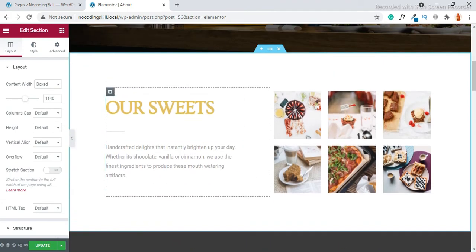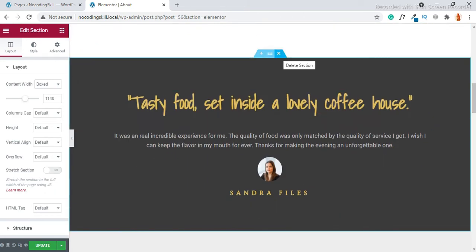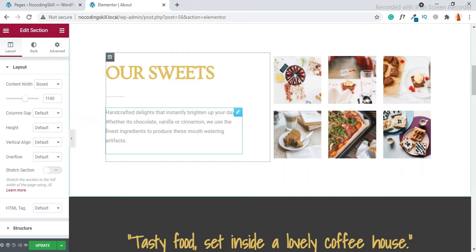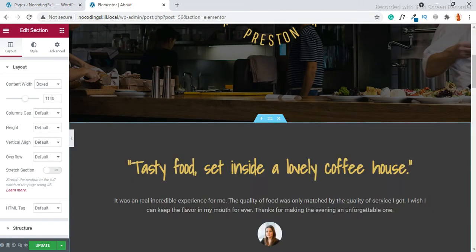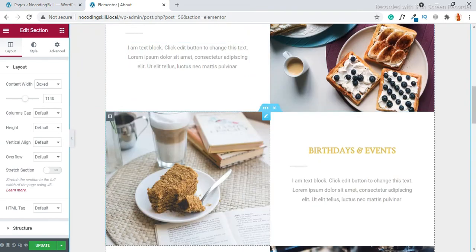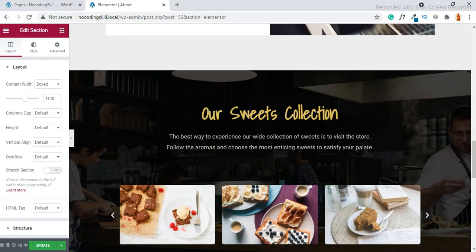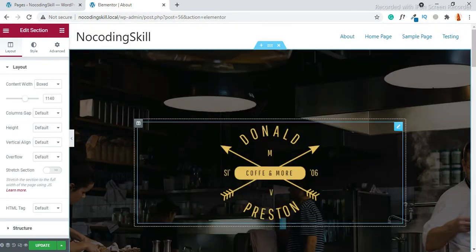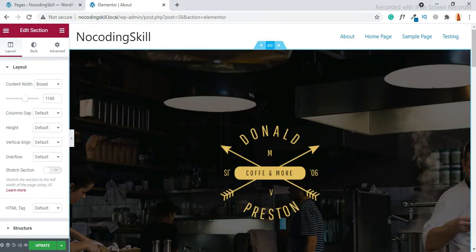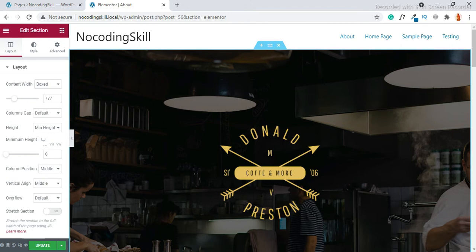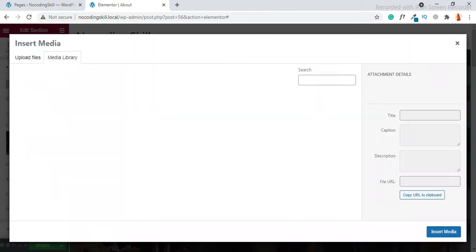Just remove this section and remove this section. So this is our about page. We can also change the background image. Click over here, go to style and change the image.